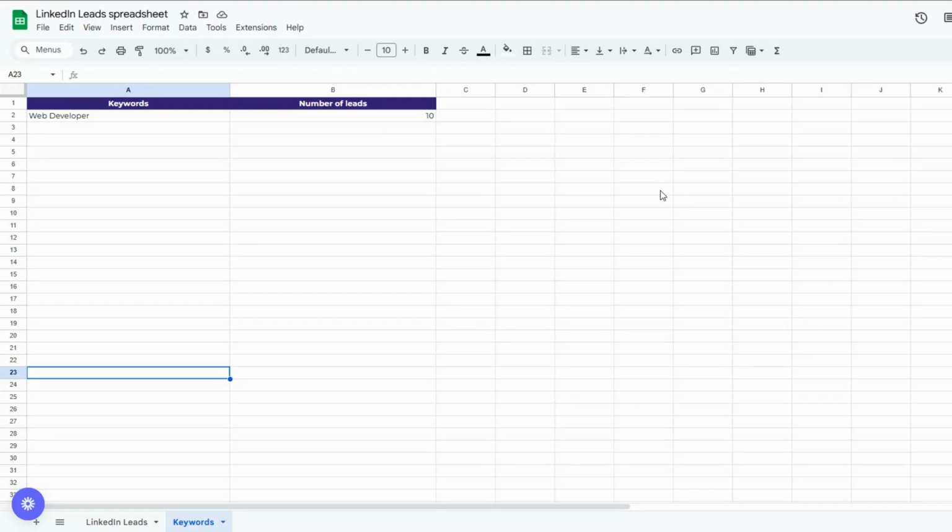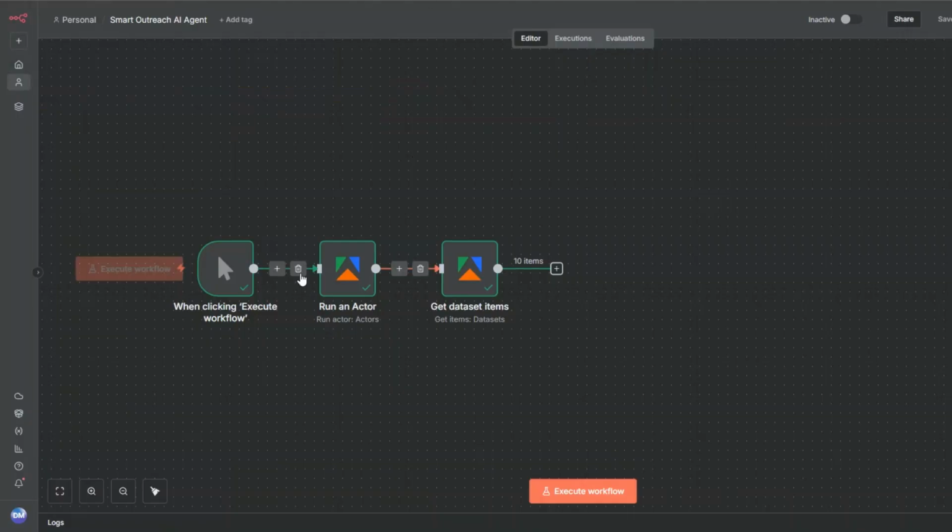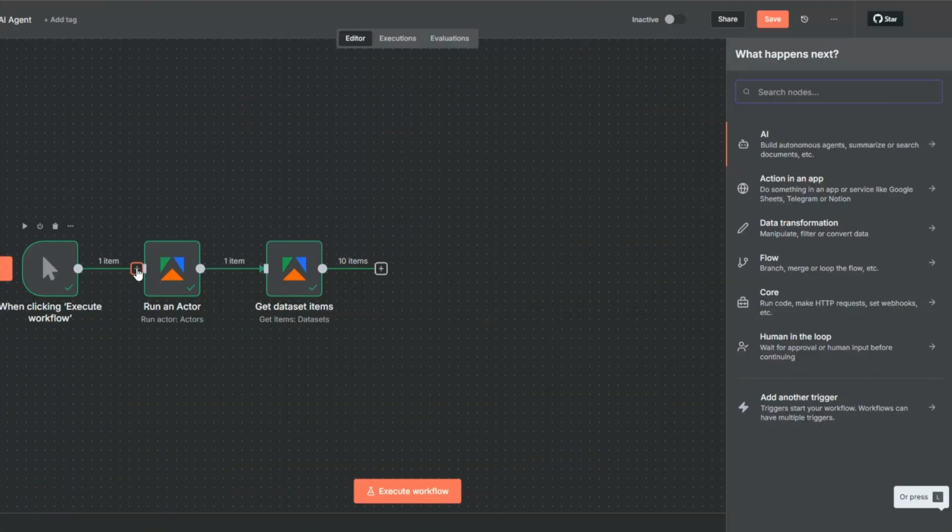So in Google Sheets, I've created a spreadsheet that I've renamed to LinkedIn leads spreadsheet. In this sheet, I've created another sheet that I've renamed to keywords. This is the sheet that we're going to add the keywords and the number of leads that we'd like to scrape. So to get our sheet, in our workflow, I'll unlink this node, then I'll search for Google Sheets right